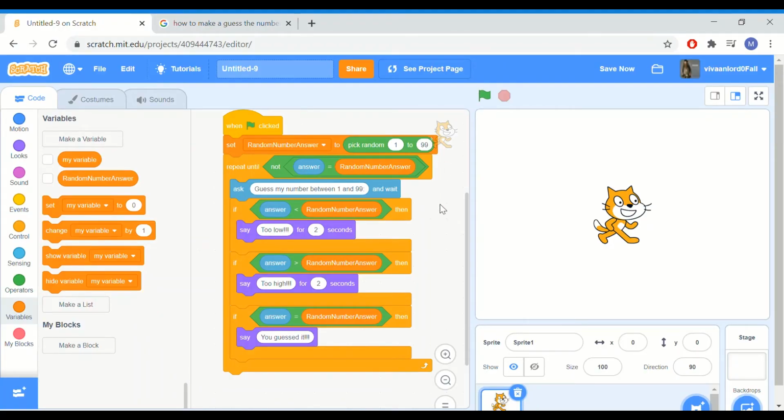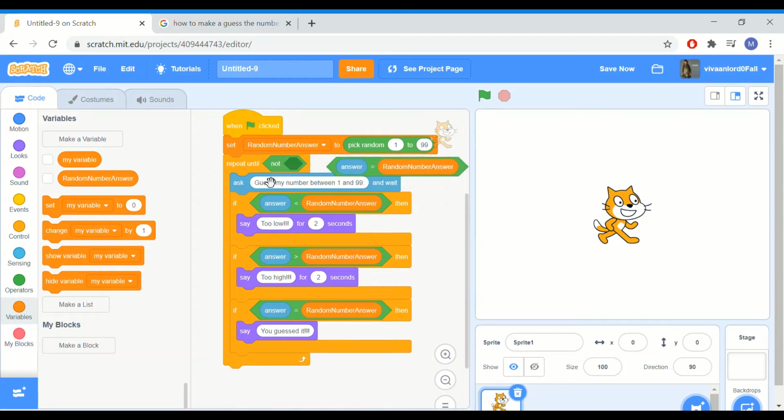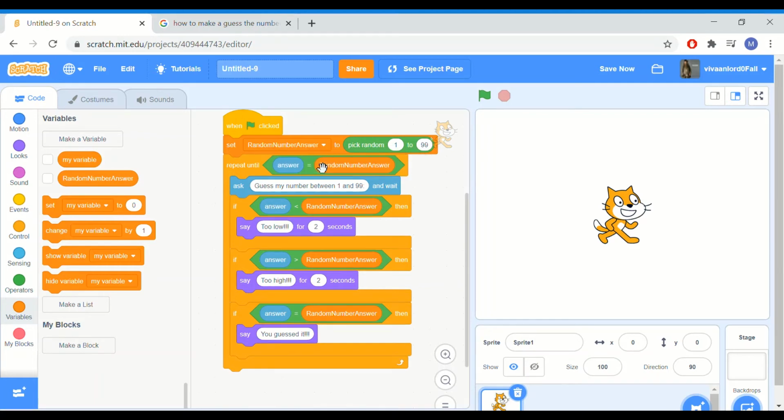Hi everyone, I'm back. Now after a long time of deep thinking, I realized that my guess my number between 1 and 99 should have been in this loop. That was my mistake. And we didn't need the other guess my number here. Also, this should not have been here. I was overthinking it. So now this is our code. I'll explain it in a minute. Let's just save